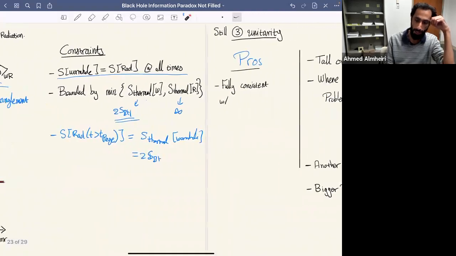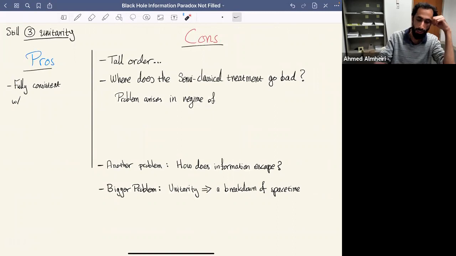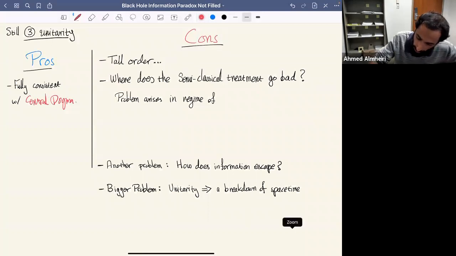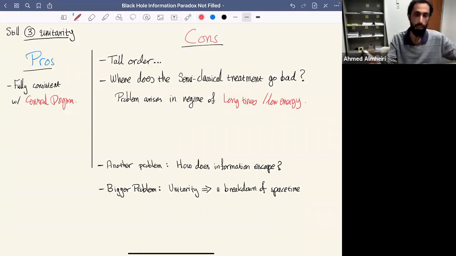Okay. Again, let's talk about pros and cons. Well, the pro is that it's fully consistent with the central dogma. The con is that it's kind of a tall order. It's not clear how it can be achieved. The central question is, where does the semi-classical treatment, the derivation that we went through, go bad? In particular, this derivation, or rather the problem, occurred in a regime of long times and low energy. We never needed to consider trans-Planckian collisions or anything like that. In particular, what this means is that quantum gravity effects